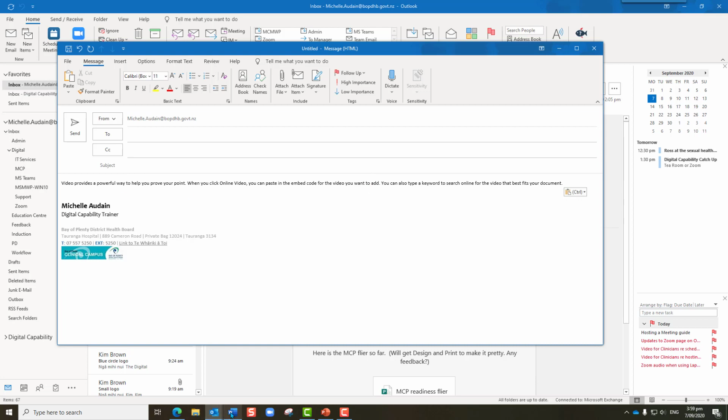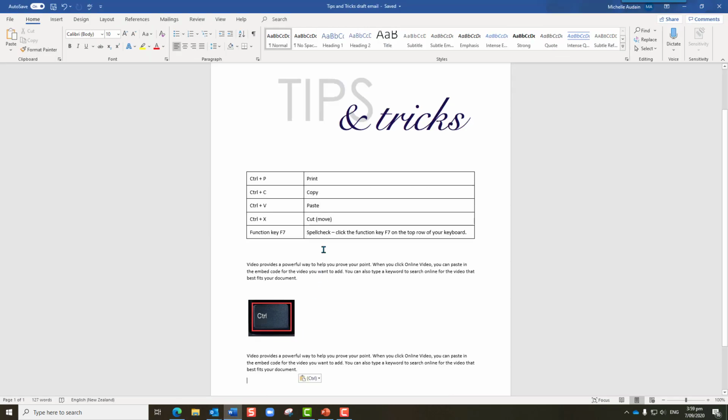Right, so I'll just go back to my Word document now, and next we're going to look at moving text using Control X. Control X is for cut, and I remember that keyboard shortcut by thinking, well, the X is like scissors. So this time I'm going to cut it, which means move it from one place to another. In this case I will select this text again, and I'm going to hold the control key down and tap the letter X,